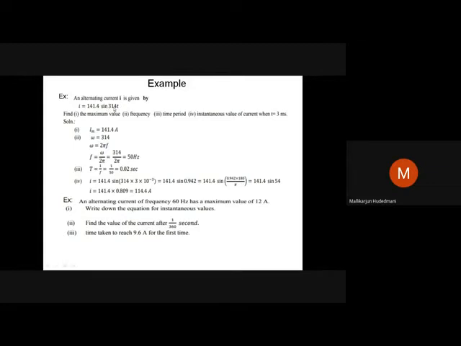The calculator will not tell you whether it is in radian or in degree or in steradian. It is for you to set your calculator mode to radian mode during such calculation. Therefore, in the calculation, in the position of t, 3 millisecond, I am going to put sine of 314 into 3 millisecond, operating in radian mode. As you can see here, i equals 141.4 sine of, inside a bracket, 314 into 3 into 10 to the power minus 3. It is the expression.